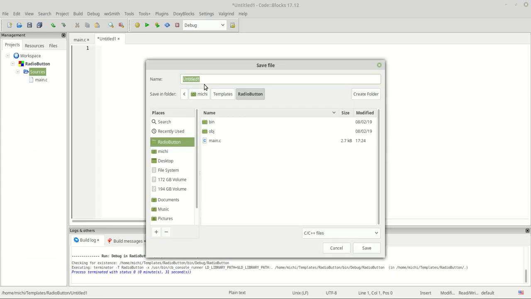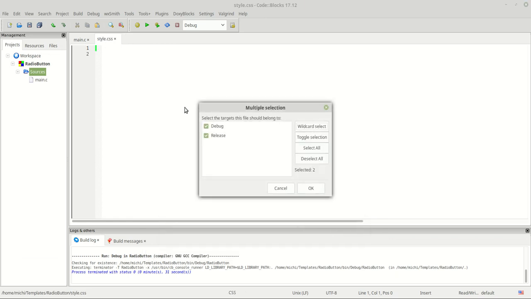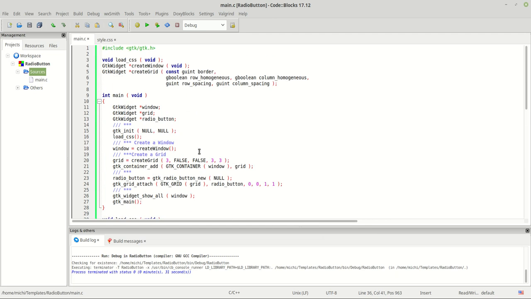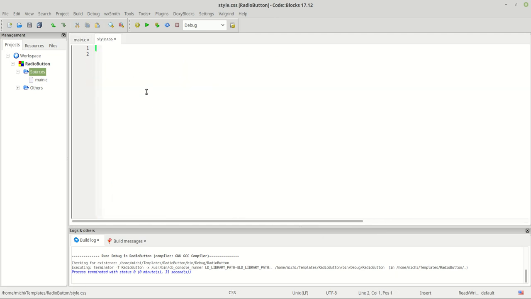Let's call it style.css. Okay, I think we are calling, yes, style.css. Okay, and now let's add some changes to our window. Window, and let's say background color should be, let's do it green, and then of course our grid,